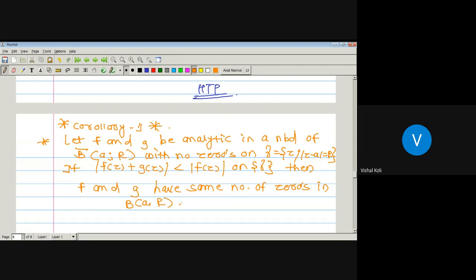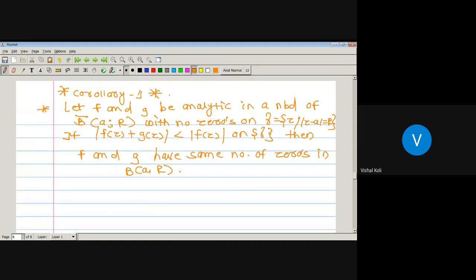Okay, so here we have given f and g, two analytic functions in the neighborhood of the closed disk which is centered at A having radius R. In the previous theorem, that is Rouché's theorem, f and g are meromorphic functions, as every analytic function on this whole closed ball will also be a meromorphic function, since every entire function is a meromorphic function. Therefore, here f and g are analytic. It means they have no singular points in this neighborhood of the closed ball, and modulus of f of z plus g of z is less than modulus of f of z on the trace of gamma. Then we have to prove that the functions f and g have the same number of zeros in the open ball about A of radius R. Okay, so let us see the proof.